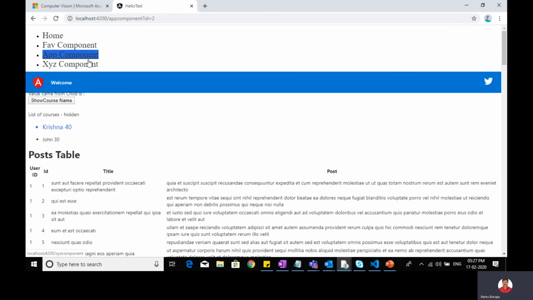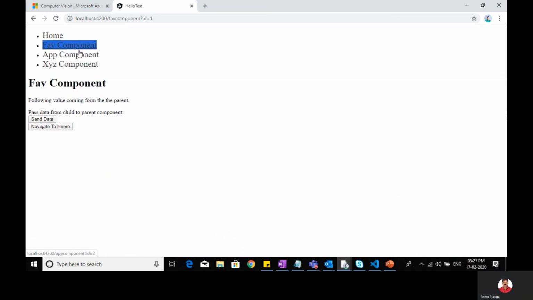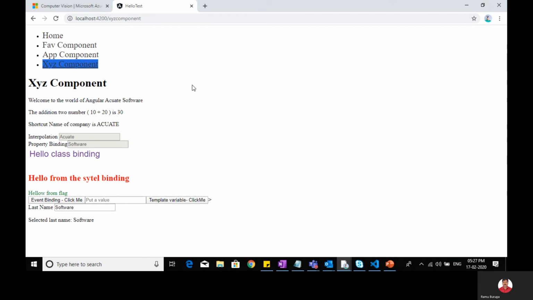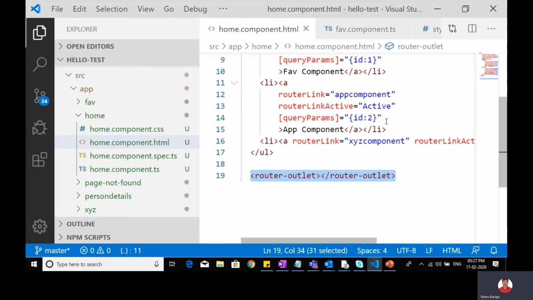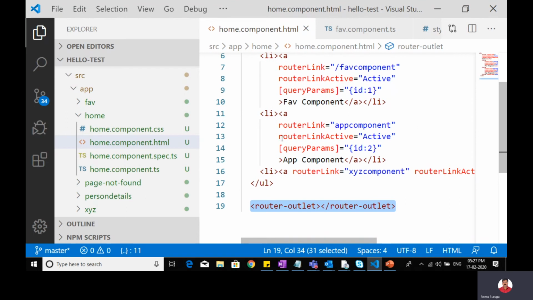The selected one should be active. That you can achieve through this property. You should have router link active equal to active. Otherwise all will be selected if you don't have this.